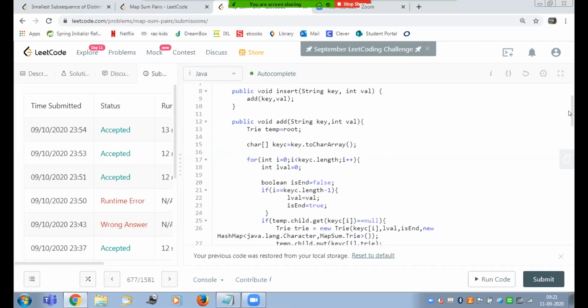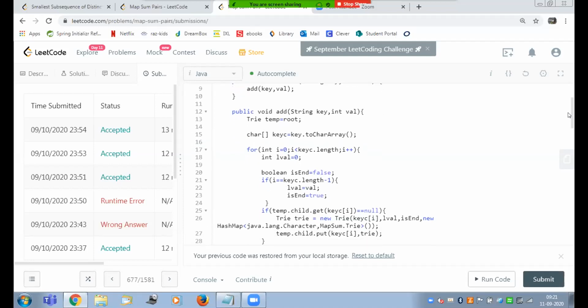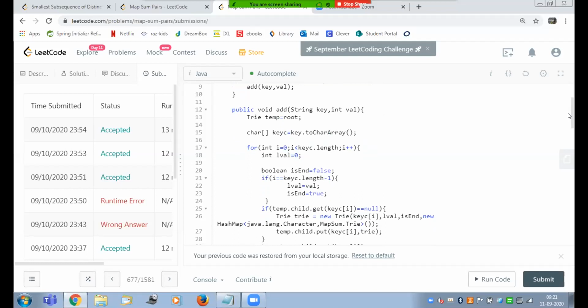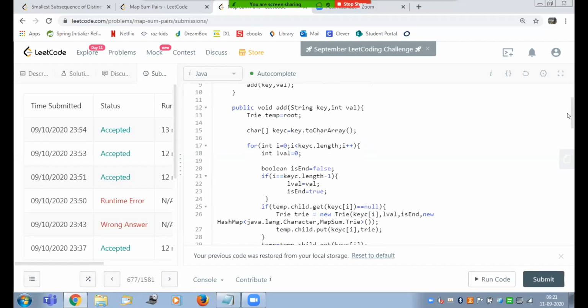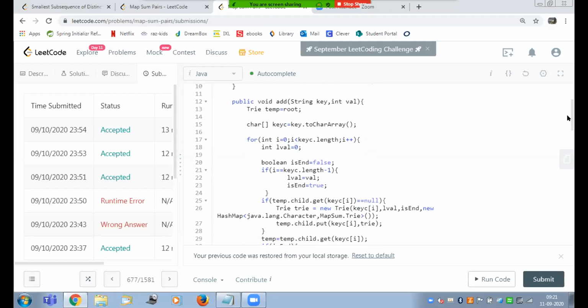Now let's take the add. We'll go through the add first. In the add, I'm taking the reference from the pointer to the root, a reference variable.